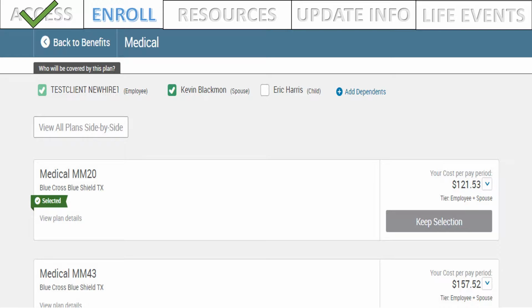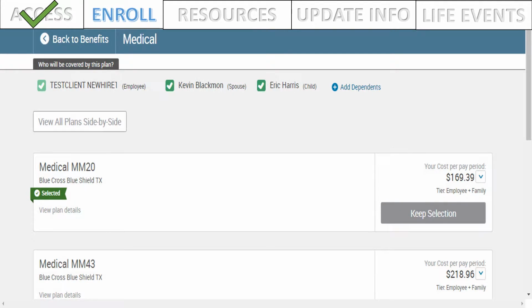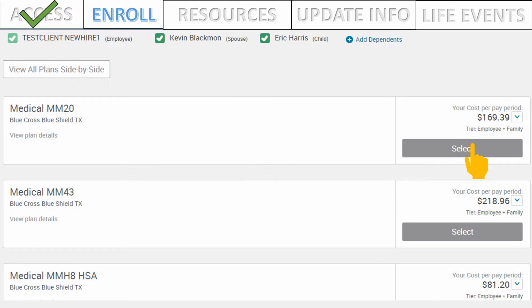For example, if I decided I don't want a family plan, I just want to cover myself and my spouse, I uncheck the option to carry the child, and as you can see, the system auto-calculates the new cost per pay period. I've actually decided that both my spouse and child need medical insurance, so I'm going to add my child back on and keep my original selection of the MM20 plan to cover my family. After hitting select,